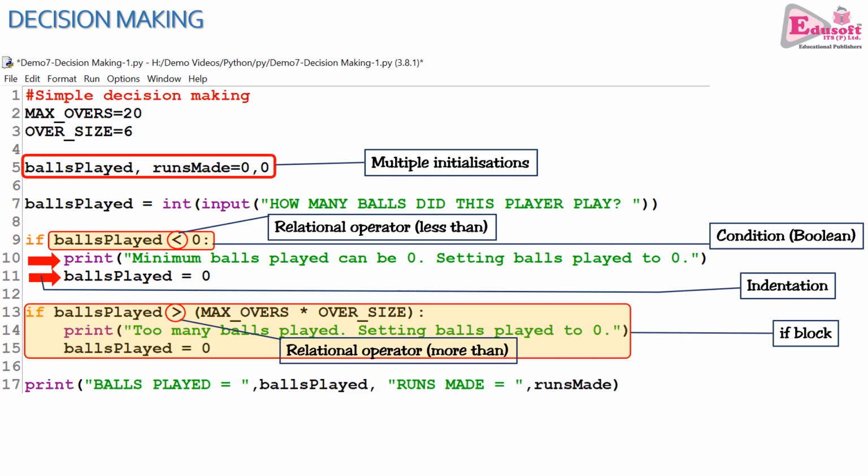What we are actually doing is displaying appropriate messages and resetting the variable balls played back to 0. Notice lines 10 and 14 display messages accordingly and the balls played variable is set to 0. Finally, the values are displayed in line 17.